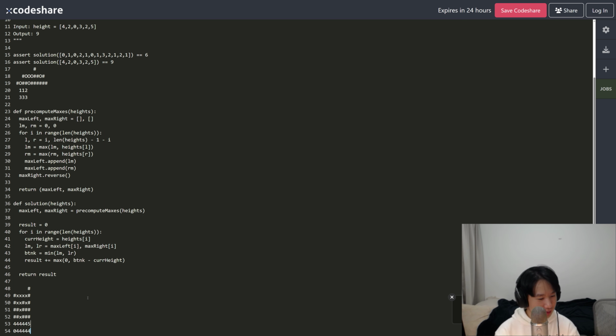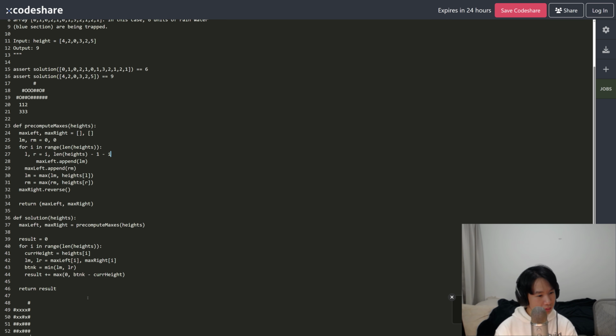So instead of storing the current left max and the current right max, I'd probably want to store the previous left max and the previous right max. I could do that just by reordering these calls. So I append left max first and then I update it. And of course, it starts at 0 on both ends because the amount of water accumulated would be the same